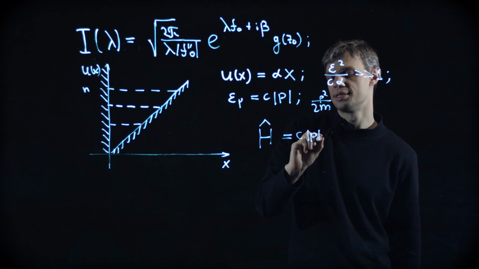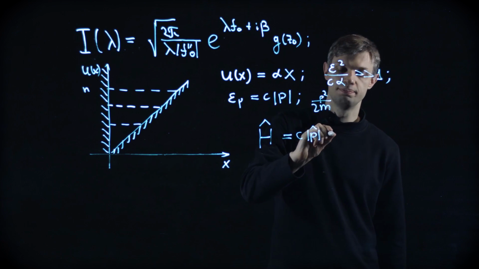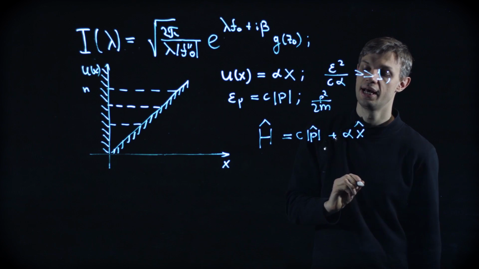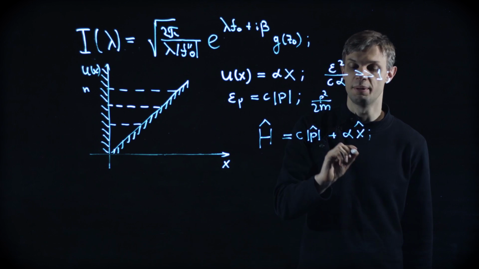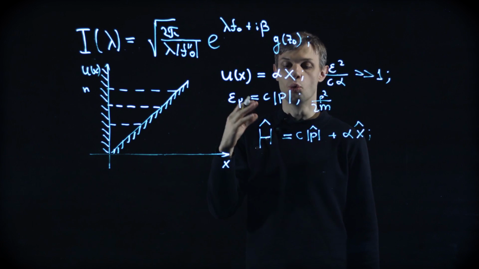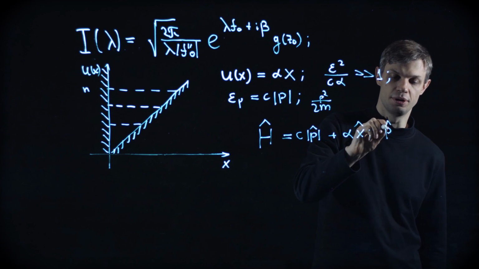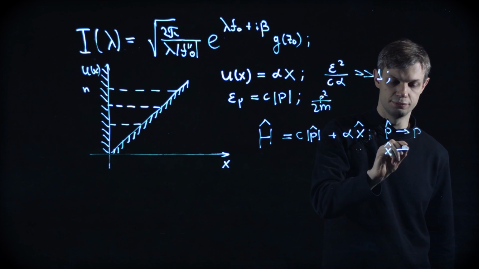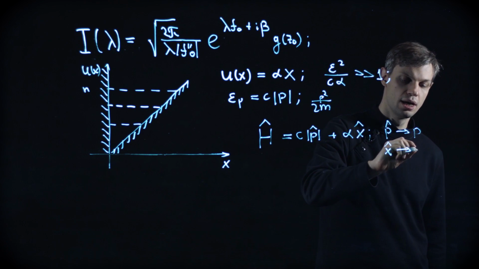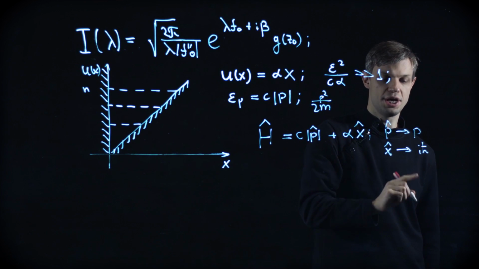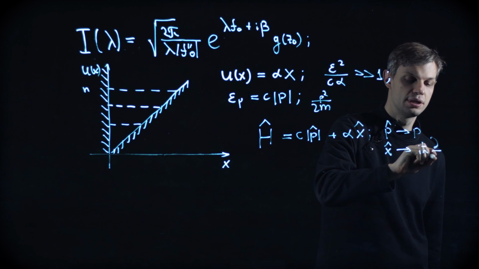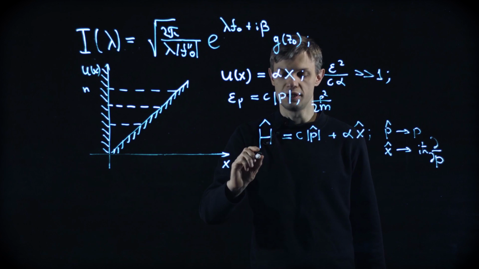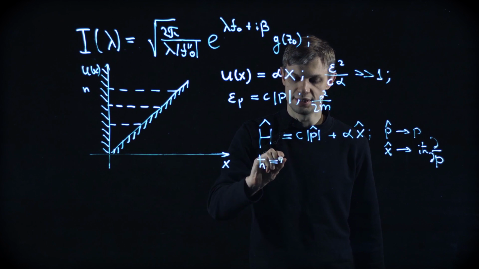Well, right now, it's probably better to write it down in operator form. Plus a kinetic part and a potential part. Since we want to use the momentum representation for our Hamiltonian and our wave function, our momentum operator becomes just a c-number. And our coordinate operator, as you probably remember, is i ħ d/dp, where ħ is Planck's constant. We'll work in so-called God-given units, so we'll put ħ equal to 1.